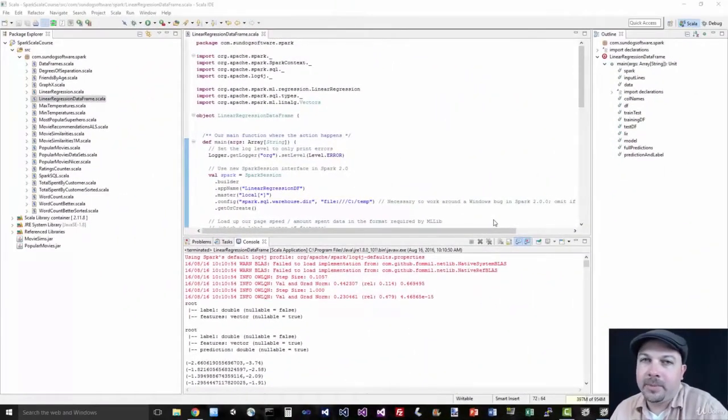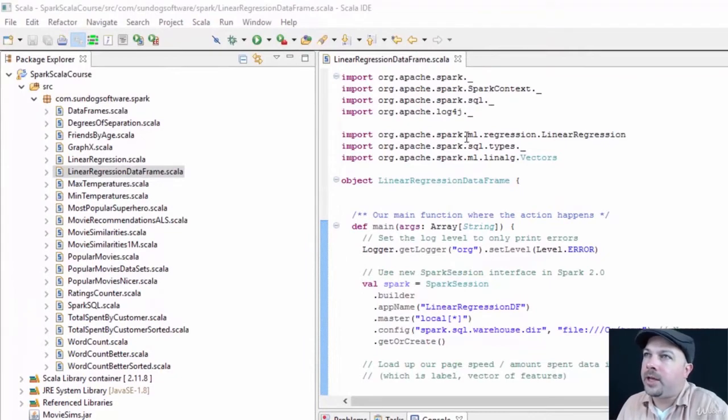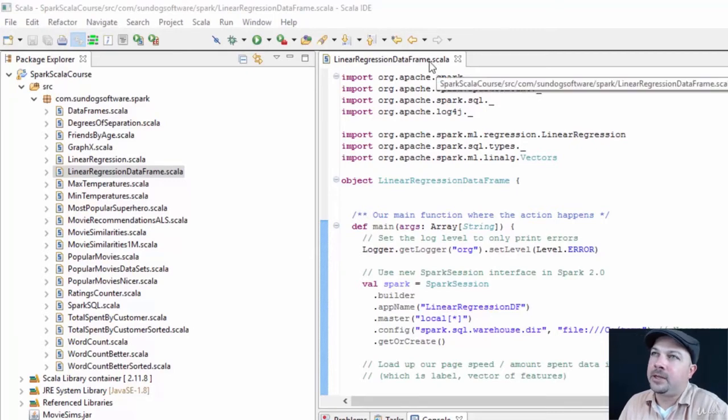So let's go ahead and fiddle with MLLib's dataset API. You can see up here we're actually importing the ml.regression.linearregression and ml.linalg.vectors classes. Before I get too far ahead of myself, I have gone ahead and imported the linear regression DataFrame.Scala script into